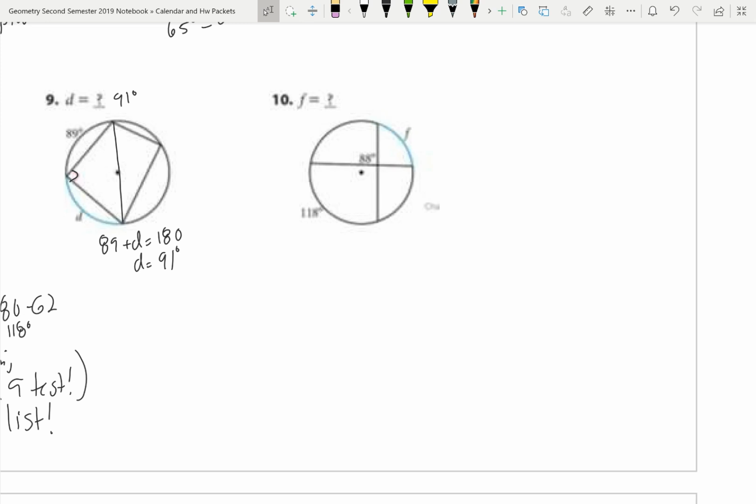Then F. Let's see what F is. Okay, F is the same thing, intersecting chords conjecture. So F, number 10, is not going to be on the quiz. You don't have to do it. Your answer is A,